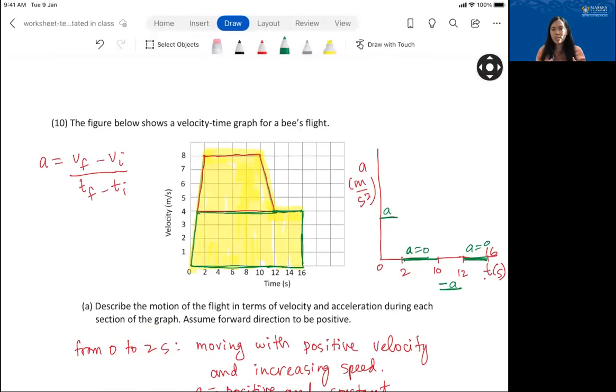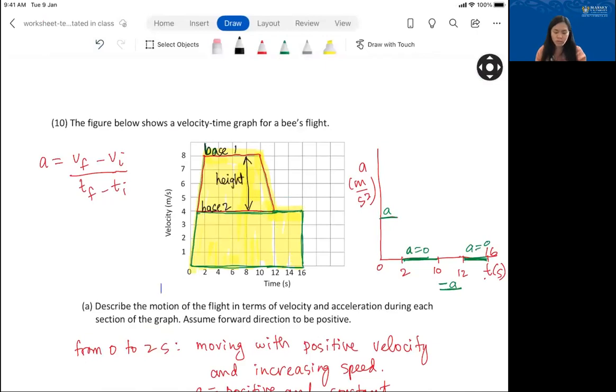A trapezoid is a geometrical shape where you have two sides that are parallel and two sides that are not parallel. The two sides that are parallel, we call the bases. So this is base 1 for the trapezoid, this is base 2 for the trapezoid, and this is the height